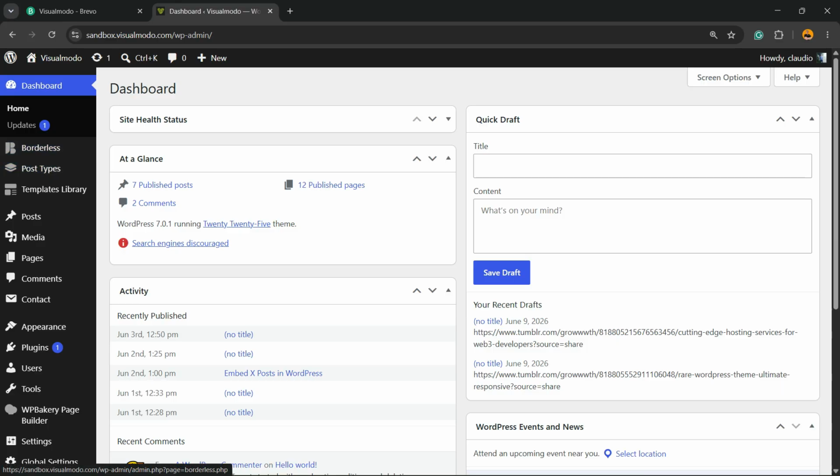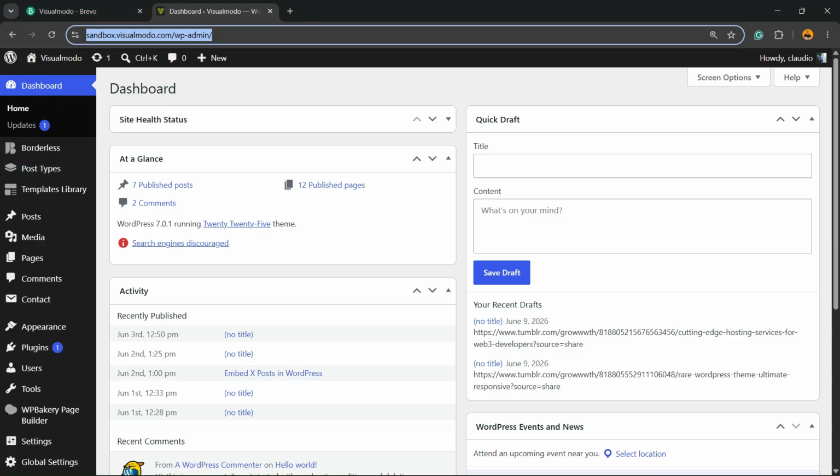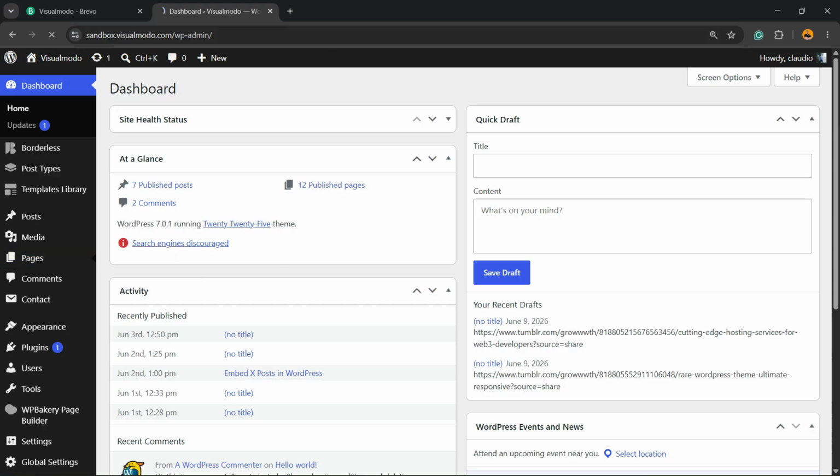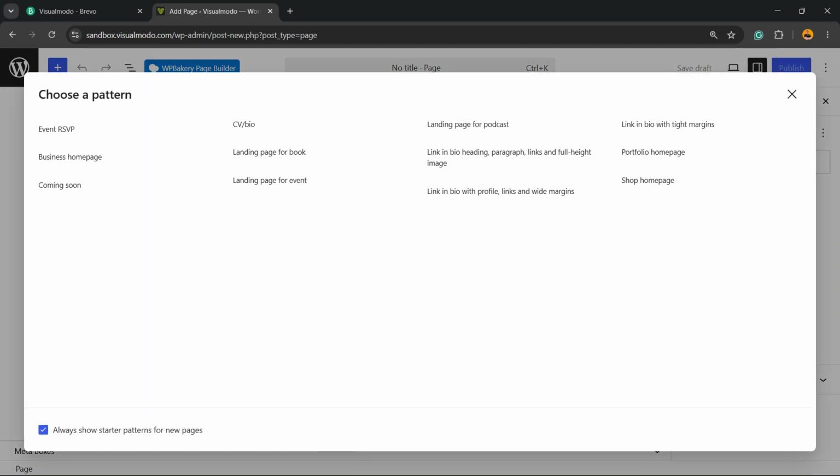Go to my WordPress dashboard. To access dashboard on your WordPress website, go to the browser address bar, enter your domain plus WP admin, enter with login credentials, review the left sidebar of menus, hover mouse over page and hit the submenu add page or go to a previously made page, okay? Hit the plus button right here